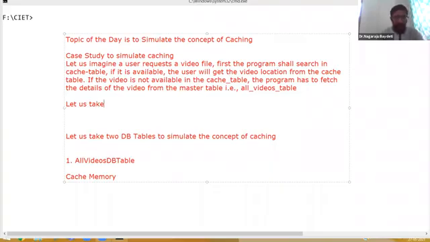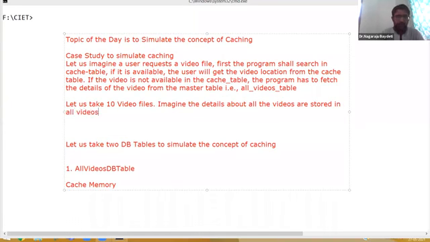Let us take 10 video files. Imagine the details about all the videos are stored in the all videos database table. So there is one table.